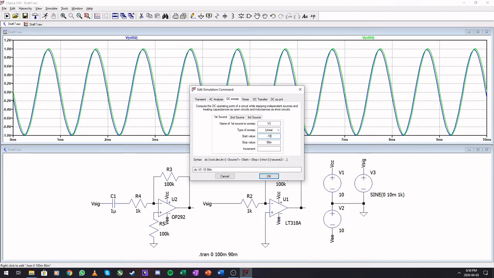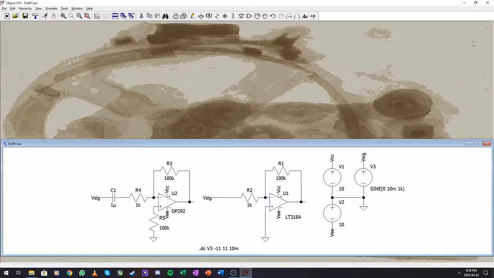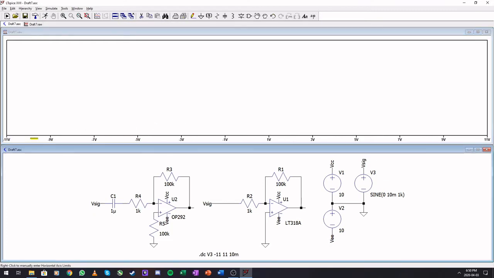I want to sweep from -11, so a value less than our lowest and higher than our highest value, so from -11 to 11, and let's do it in increments of 10 millivolts. Click OK. Let's close this, run the simulation, and you see here at the bottom we have from